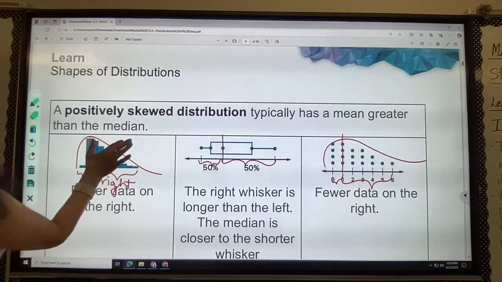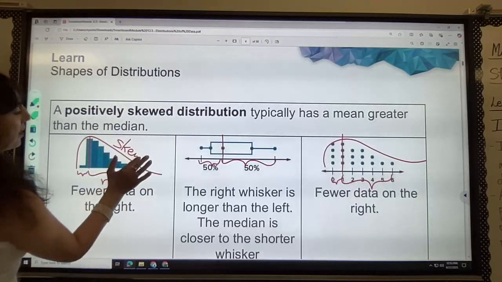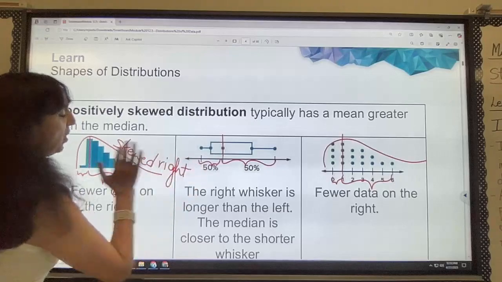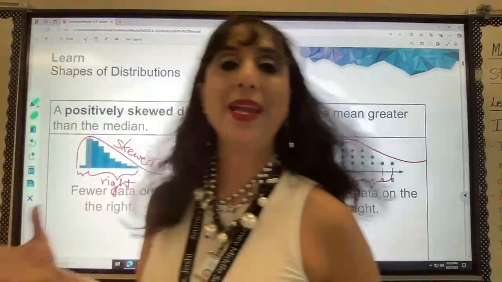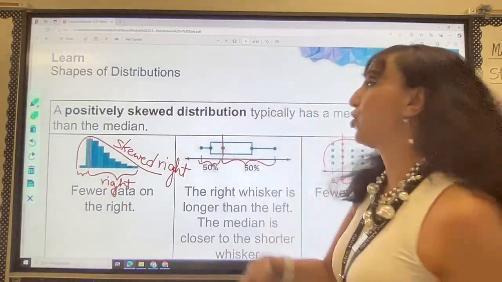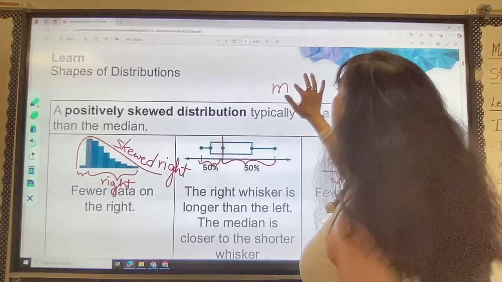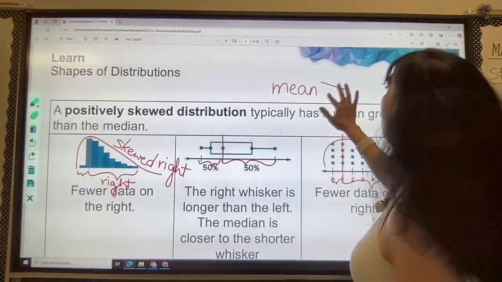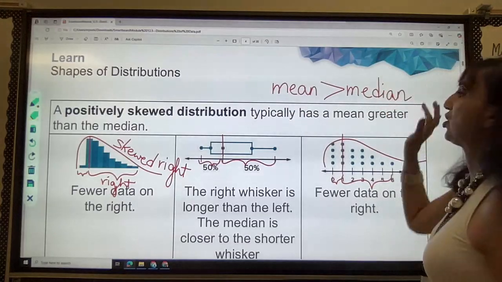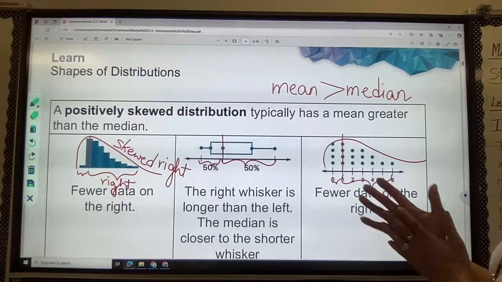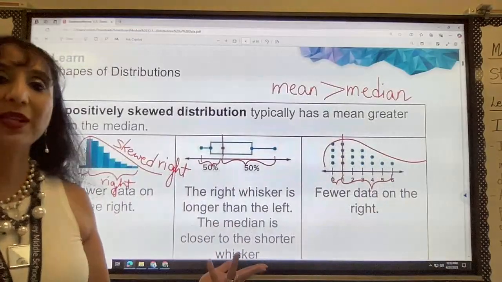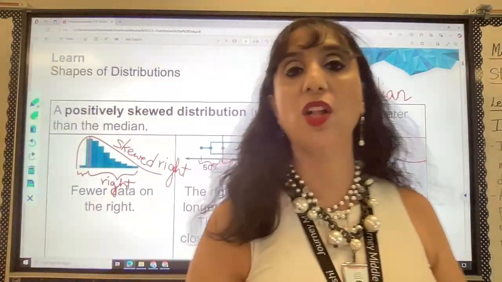So this is telling me that this is skewed right, or positively skewed. So that means my numbers to the right are going to pull my mean up. So in this case, my mean is greater than my median. When it's skewed right, the mean is greater than the median. Okay, so these are just some examples that I wanted you to see, and these are all the shapes of